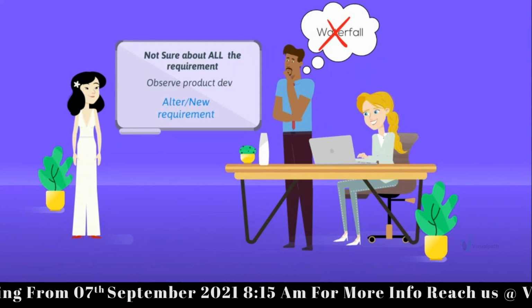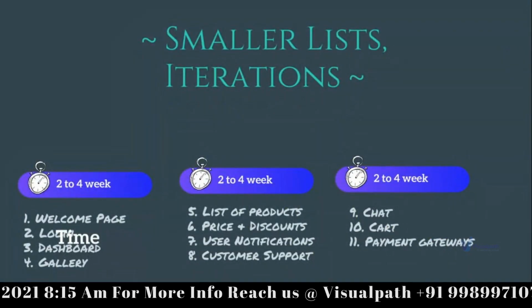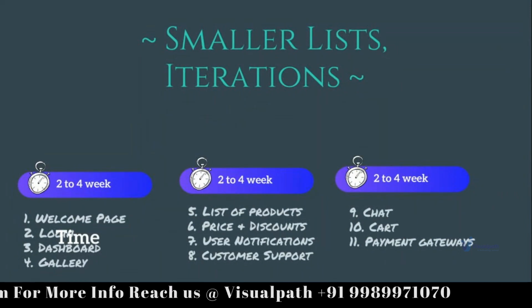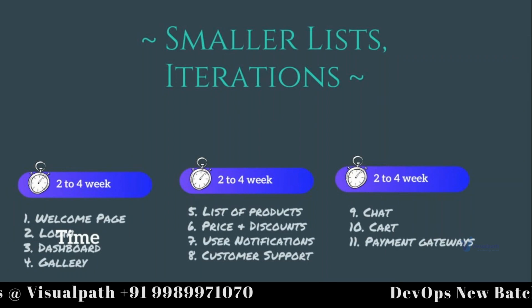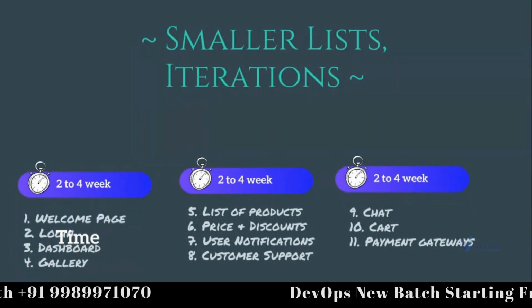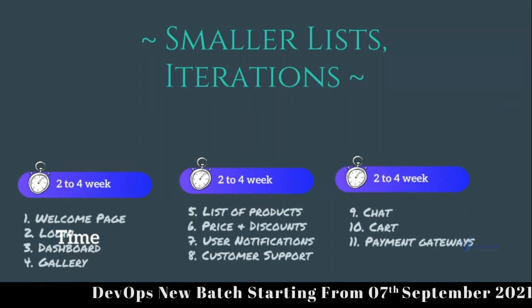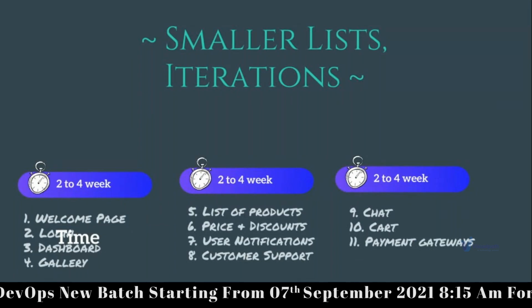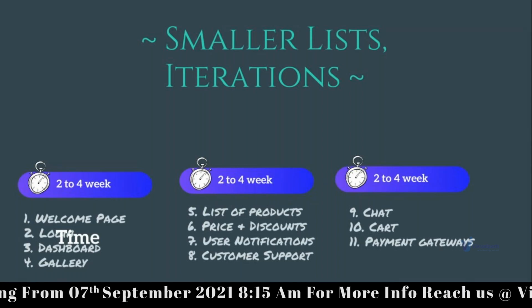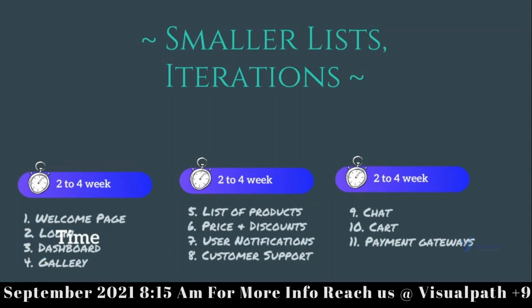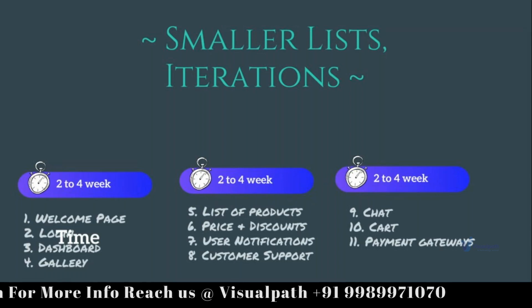So the project head decides to not develop everything at once but break it down into smaller iterations. The iteration will basically be a time frame. In that time frame, they're going to develop some amount of features, not the whole, right? Let's say 4 features in the first 2 weeks. So an iteration could be 2 to 4 weeks. And once this is completed, they're going to demonstrate it to Emma.